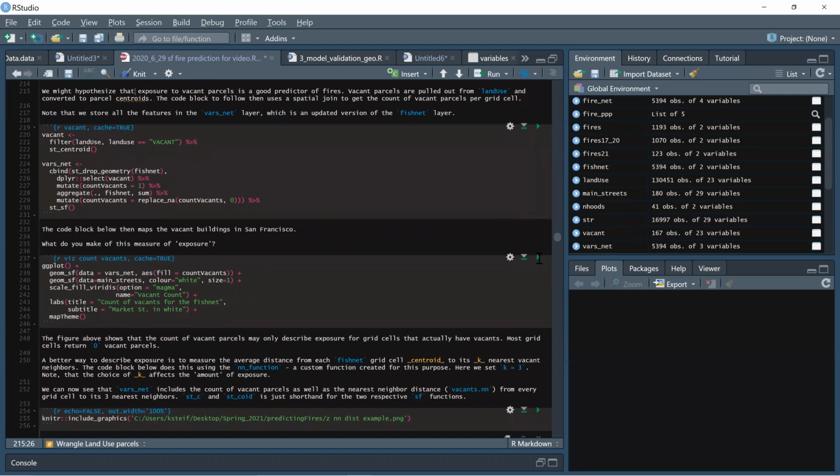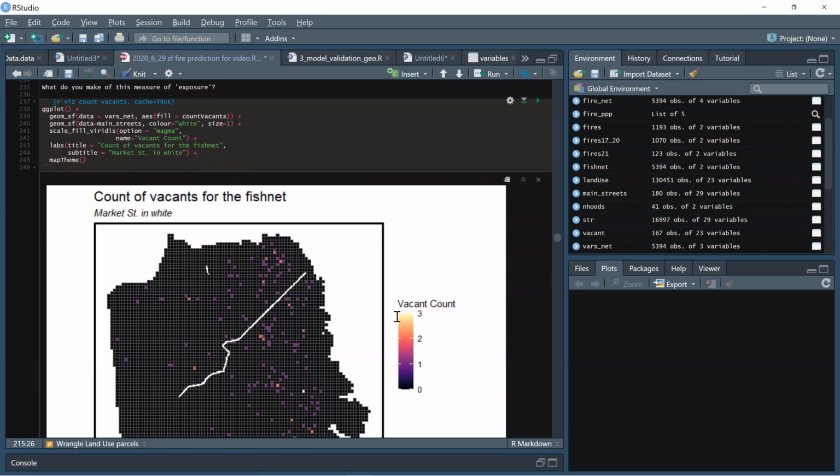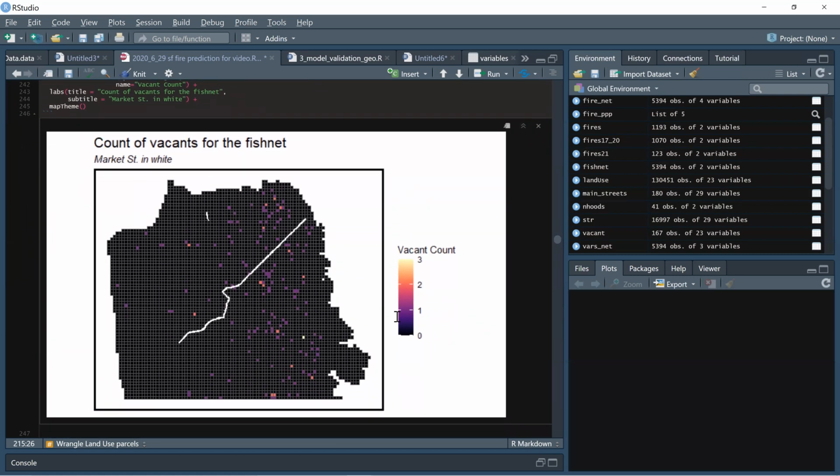And let's visualize this. Here we have a map of those vacant counts. And I want to ask you, what do you make of this measure of exposure? I'm not a big fan of this measure of exposure. Yes, we can see some grid cells that have counts of vacant. But if you look at one of these black grid cells that are close to or adjacent to a grid